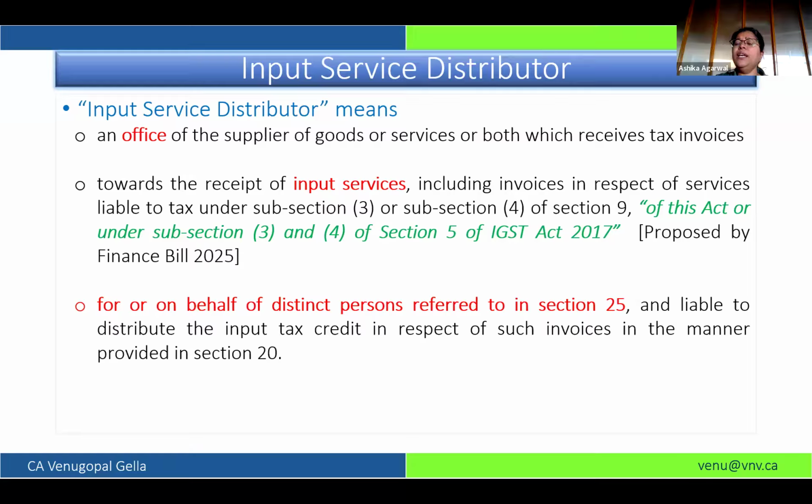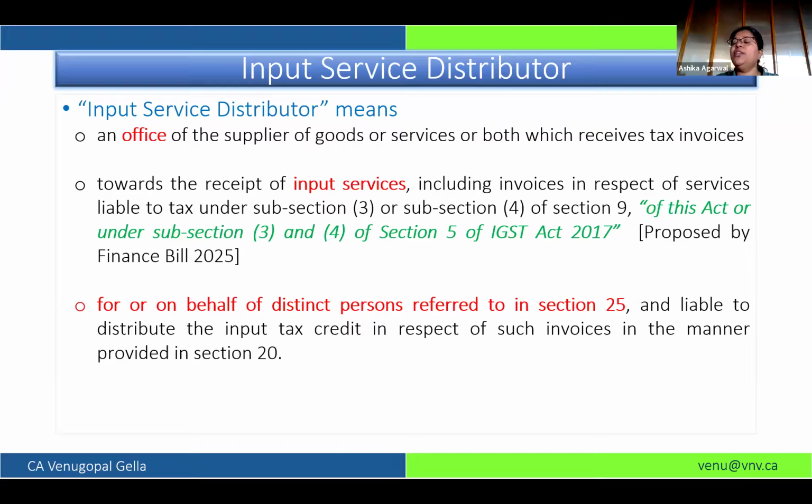When there is a common input service coming, which belongs to all the multi-GSTN, like audit fee, security fee, rent, software related expenses. So there are various expenses which are not at one GSTN, but relate to PAN level. The expenses which relate to PAN level and those transactions where tax has been suffered, the ITC, the person on whom the bill has been raised, basically the corporate office or HO, procures the services.